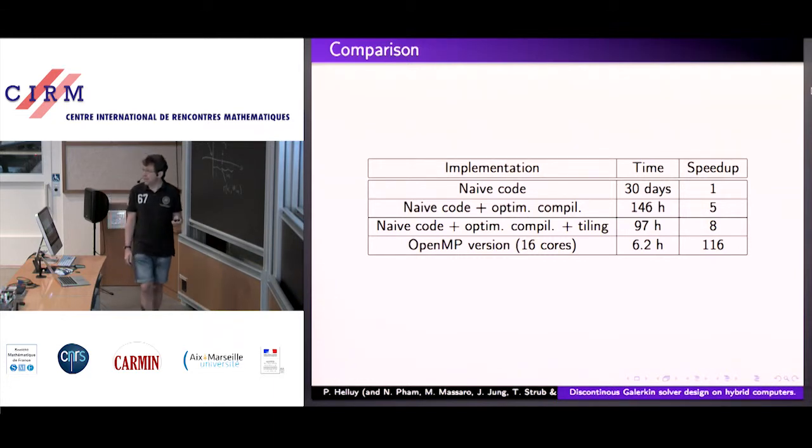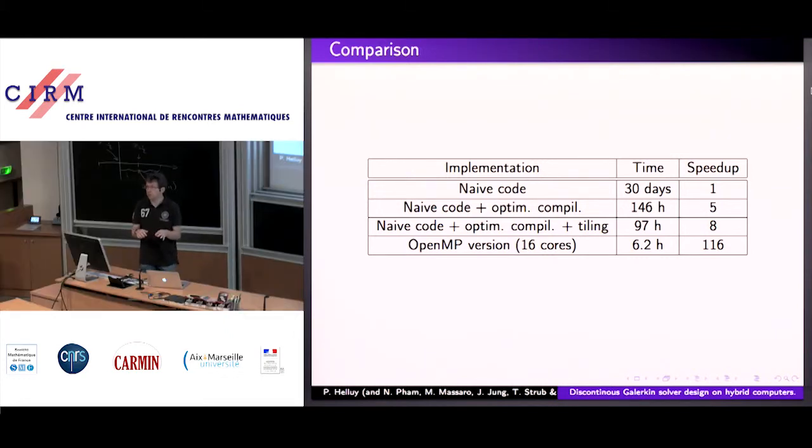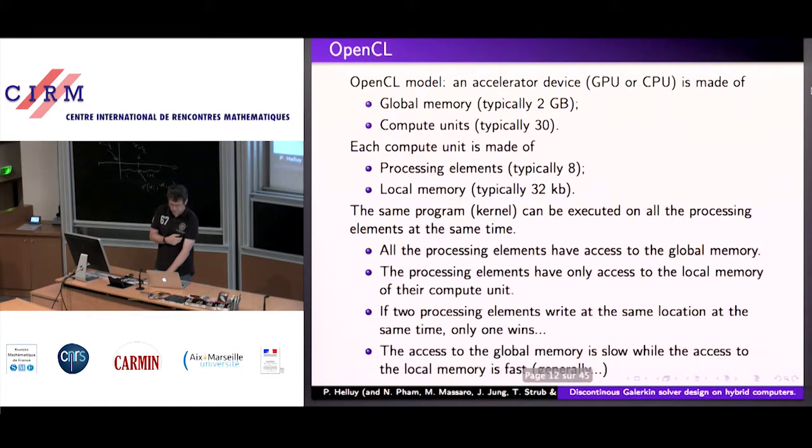So this is what you can gain between programs that you have written in 5 minutes for testing a method and simple optimization, because going to this point is not very complicated. So this gives you the order of magnitude of what you can gain very easily, finally. So if you write an algorithm and it's very long, it's not difficult to accelerate it by a factor of 100. Then we want to go further.